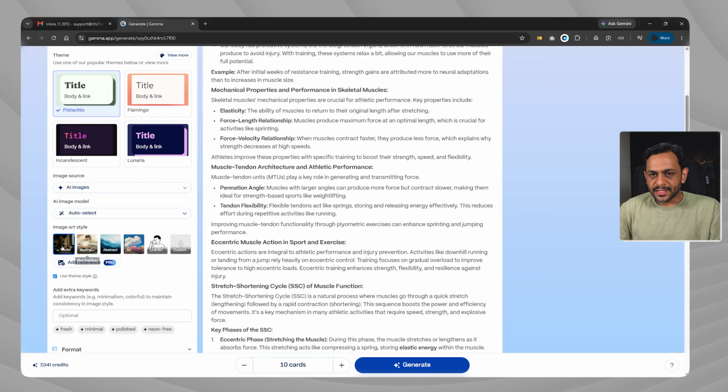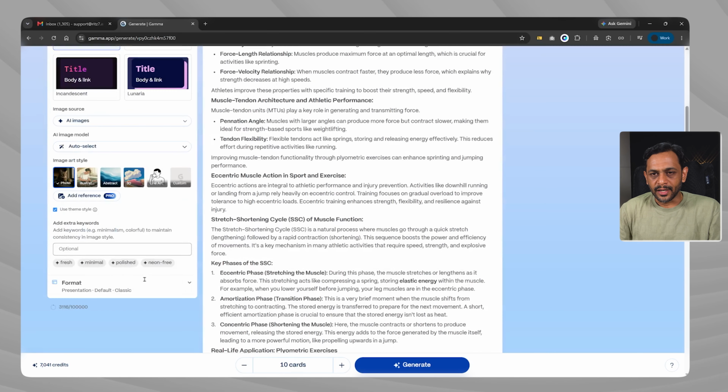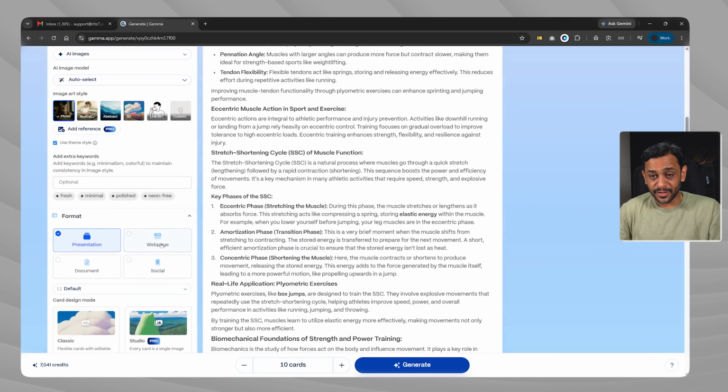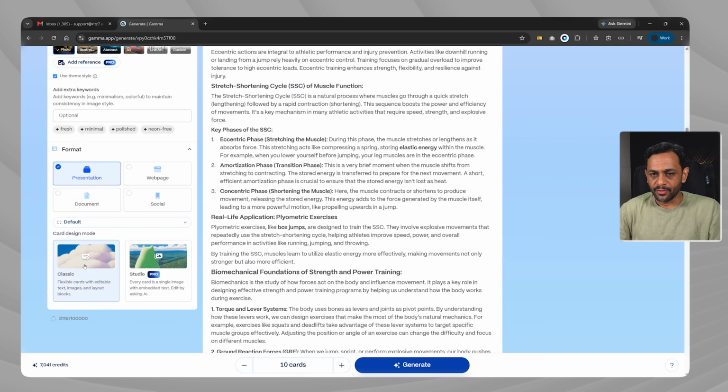And image art style, like do you want it photo or illustration or abstract, 3D and so on and so forth. Let's go with photo, right? And use theme style. Add extra keywords. If you want any extra keywords, we can do that. We also have formatting, like should it be presentation, web page, that we already seen, and we had selected presentation, right? Card design mode. Do you want it to be classic, where flexible cards with editable text, image and layout blocks, or do you want it to be a studio, where every card is a single image with embedded text,